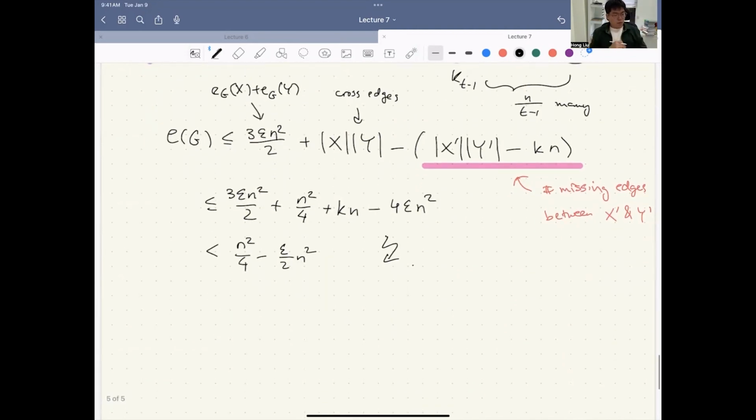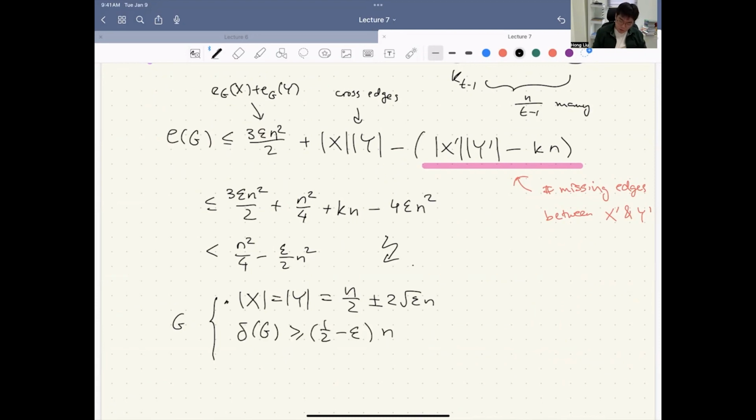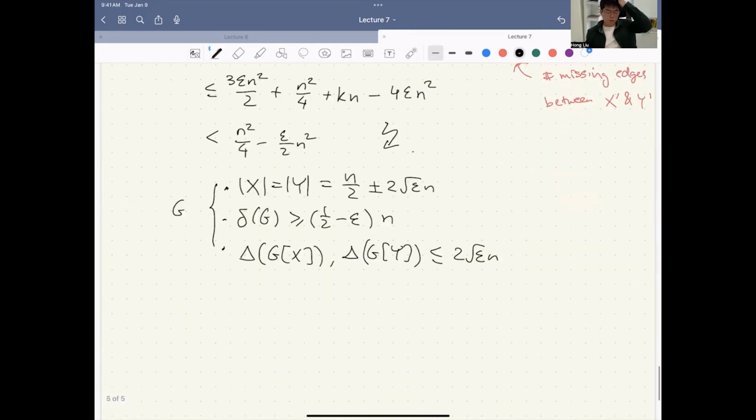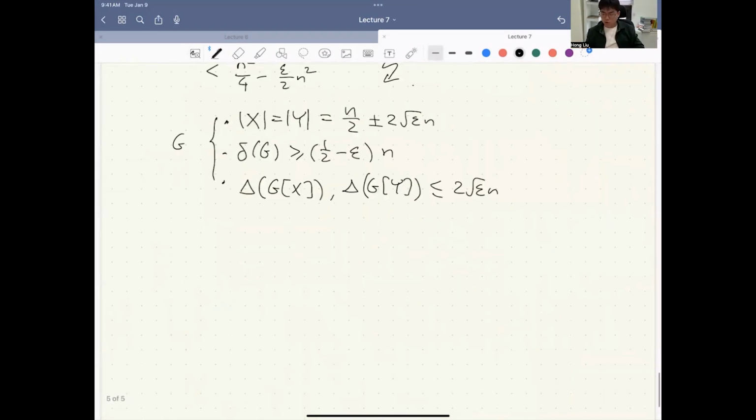So, let's summarize the properties of G. We have that the max cut is very close to n over 2 in size. We also have that the minimum degree of G is at least (1/2 minus epsilon) n. We also have that the maximum inner degree is small. We're going to use these three properties to prove that now we shouldn't have a single